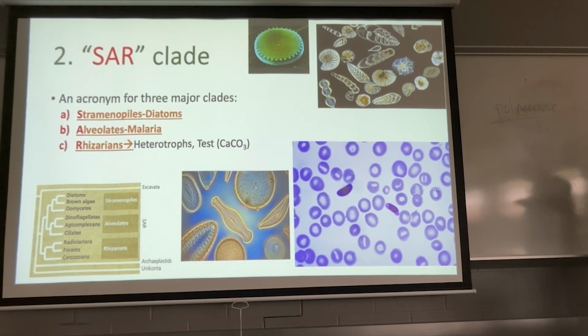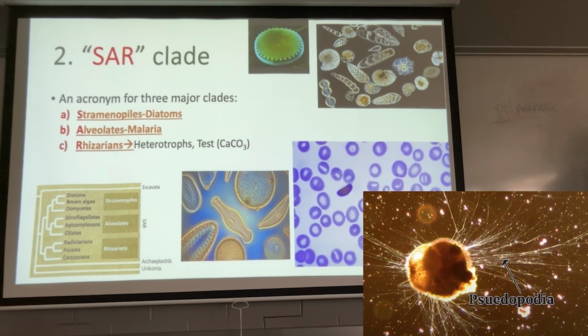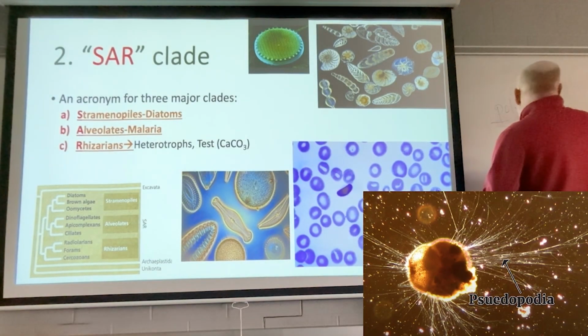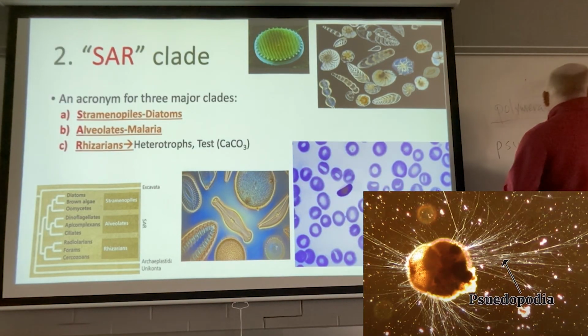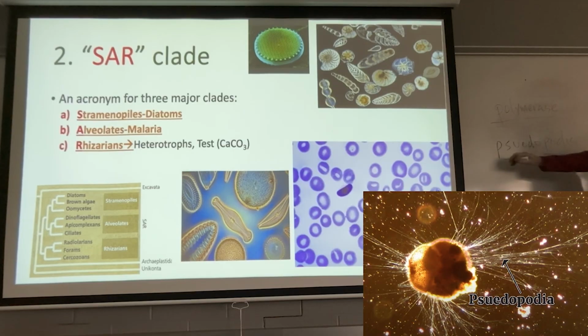Here's another one with the rhizarian exoskeleton. You can see it's calcium carbonate based, and they send out little pseudopodia, or arms, right? So this word pseudopodia, pseudo means false, podia means feet. They're just elongated extensions of the cell membrane and cytoplasm. Remember microvilli? Now just think of really long microvilli. So they're really elongated so they can stick out the holes.